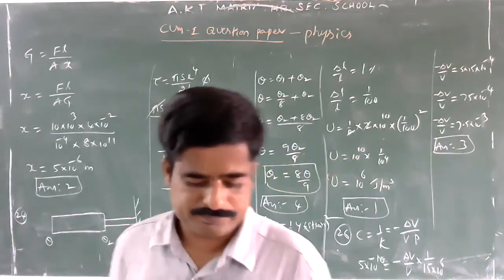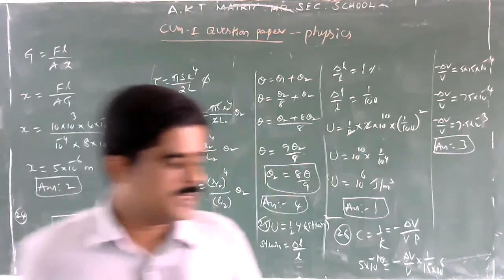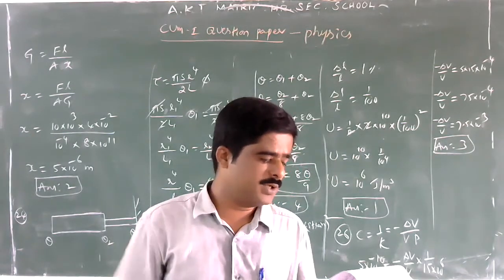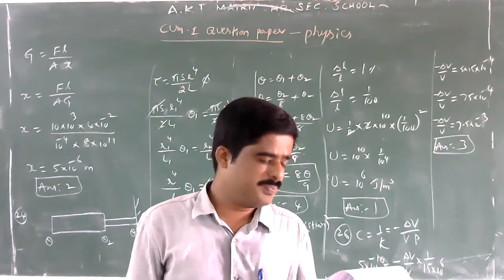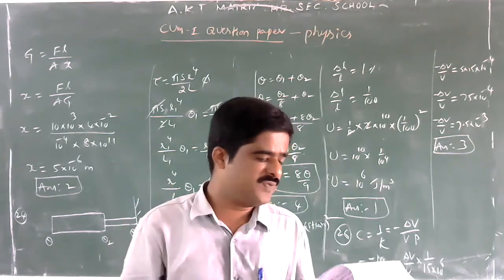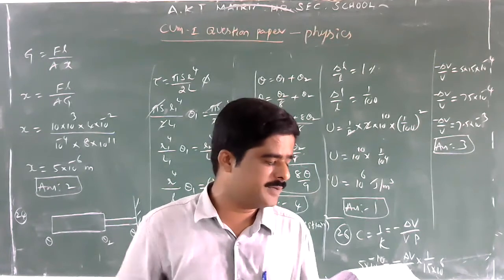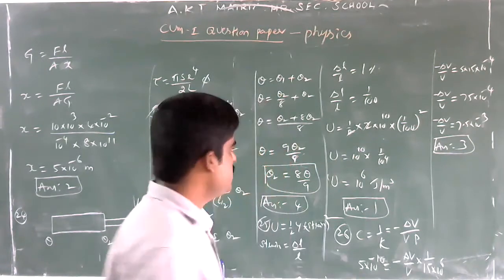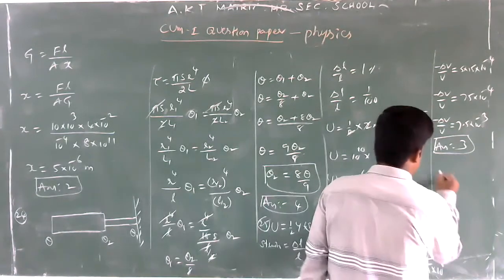Next, 27. The upper end of a wire of radius 4 millimeter and length 100 centimeter is clamped and its other end is twisted through an angle of 30 degree. What is the angle of shear? Here angle of shear phi is equal to